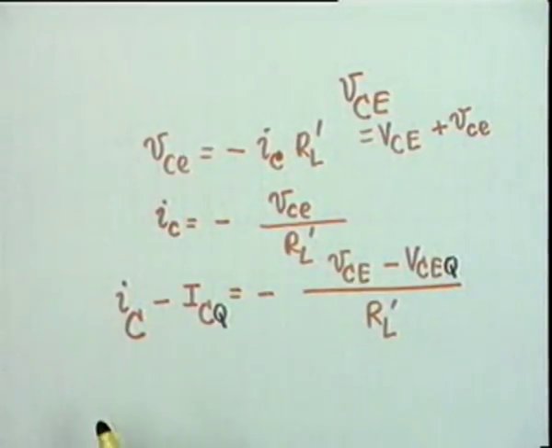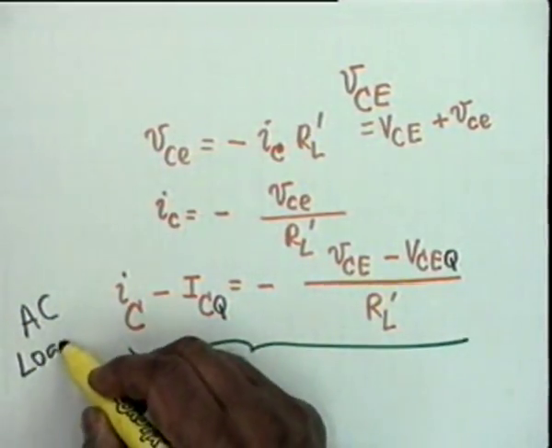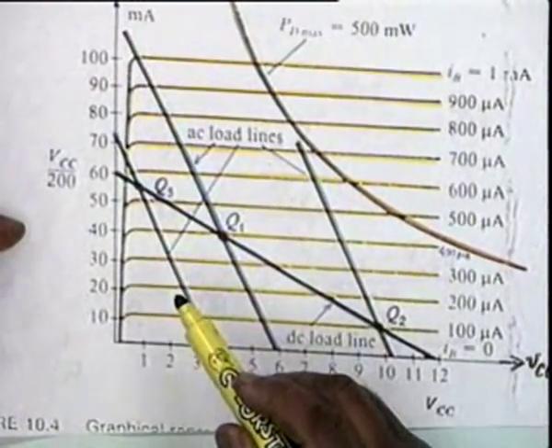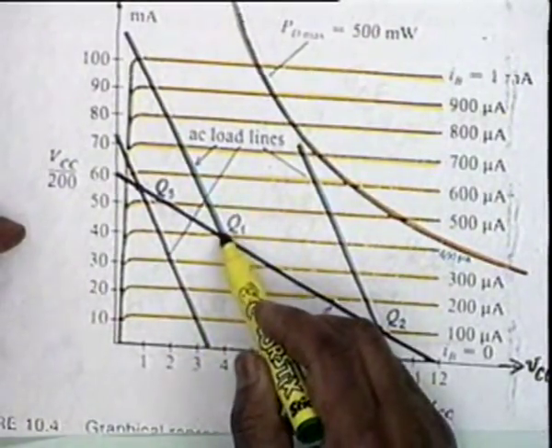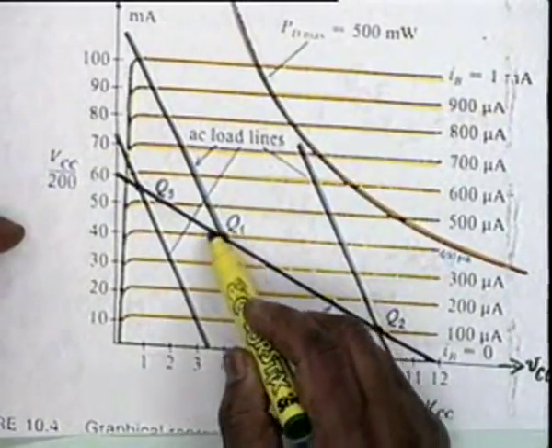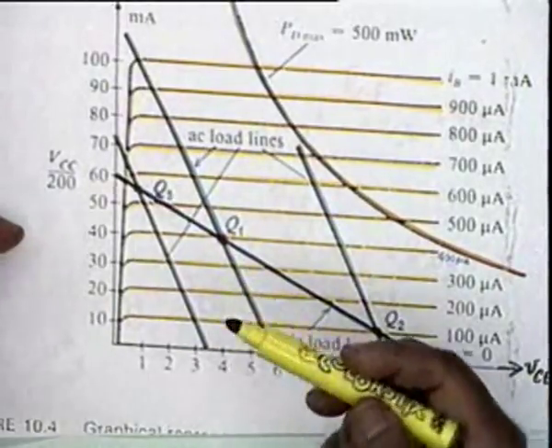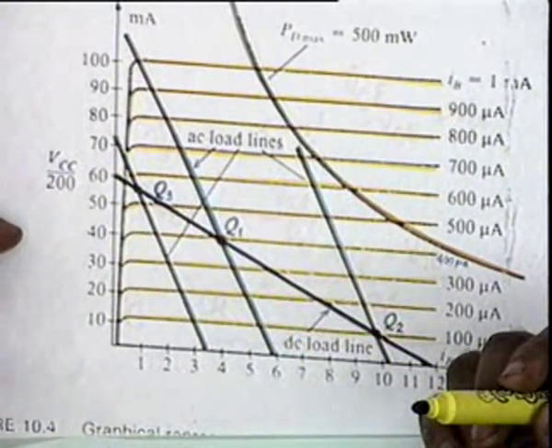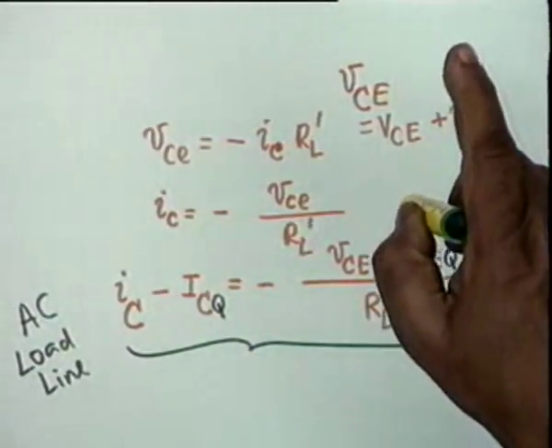One thing is obvious, that this is the AC load line. The operating point is sometimes called the Q point, and therefore our amplifier operates around this point. That is, the signal excursions are on either side of this point. If the signal goes up, the collector current goes up. If the signal goes down, the collector current goes down. So I have used the additional symbol Q here to emphasize that amplifier operation is around that particular operating point.